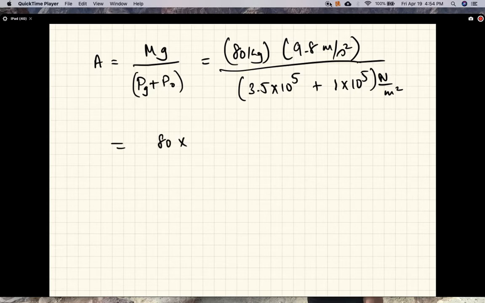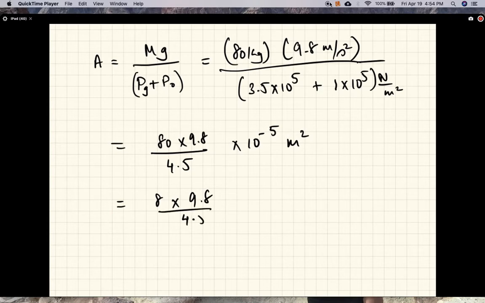So 80 times 9.8 divided by 4.5 times 10 to the power 5 meters squared, and we'll borrow 1, so it's 8 times 9.8 divided by 4.5 times 10 to the minus 4 meters squared. And the reason I wrote that is because this is centimeter squared. So the area in centimeter squared is